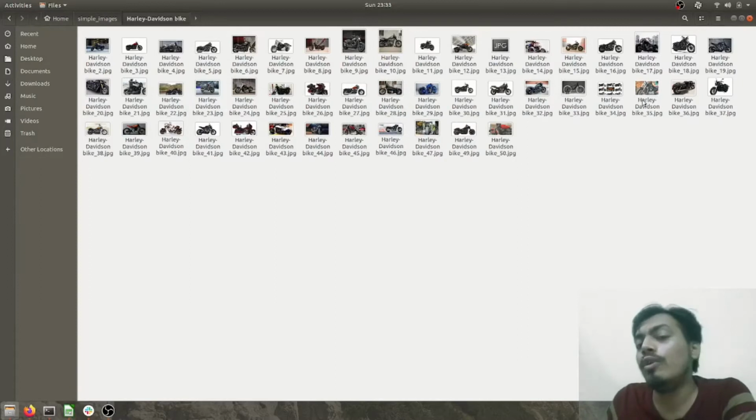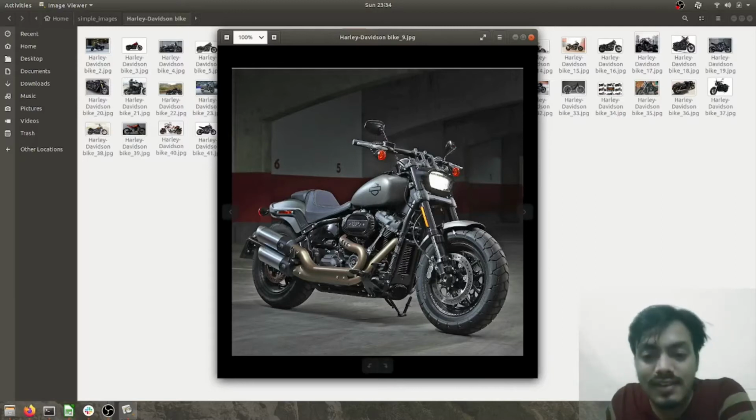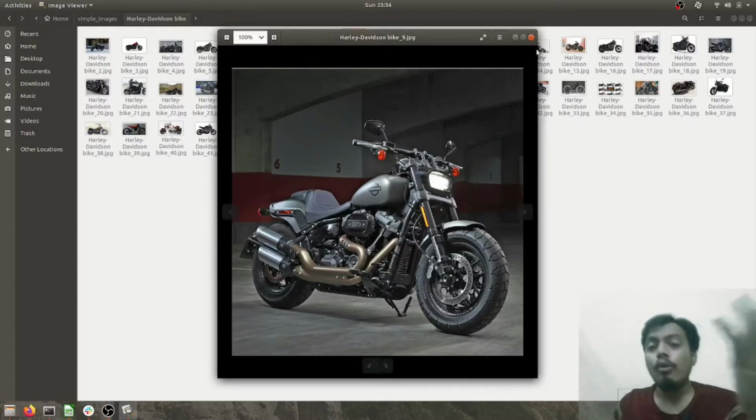Now what you need to do is annotation. What is annotation? Now, a very good bike. In this bike, my model needs to know that this is a tire, this is an engine, this is a seat, right? Now you need to annotate it. You need to create a format of this image in which you have a data representation. This section of this image is a tire. This section of this image is a seat. This section of this image is an engine. Okay. Now, how to do it?